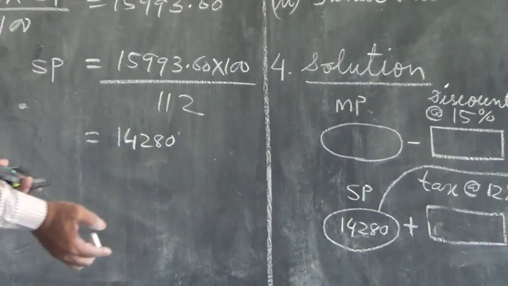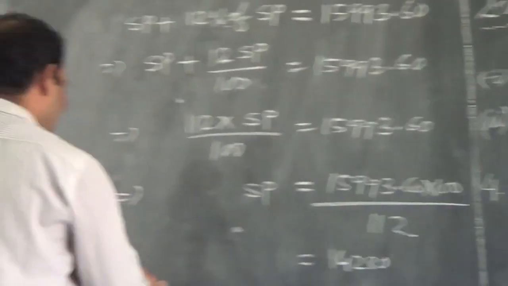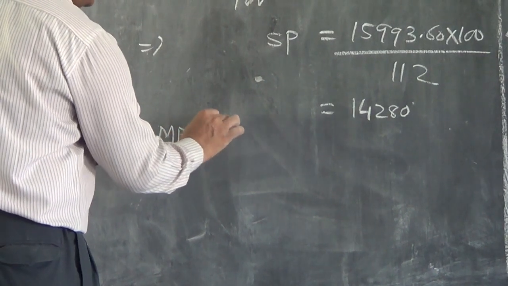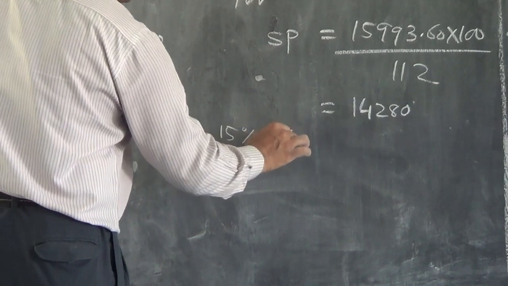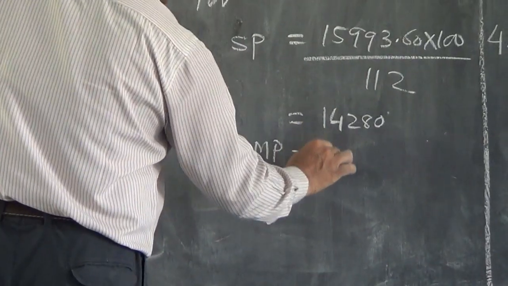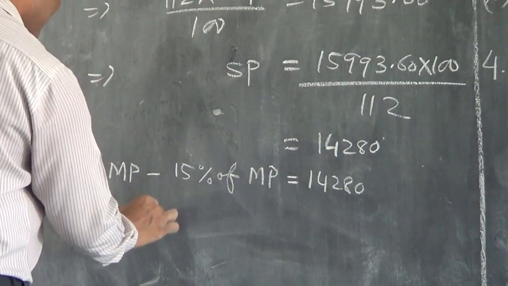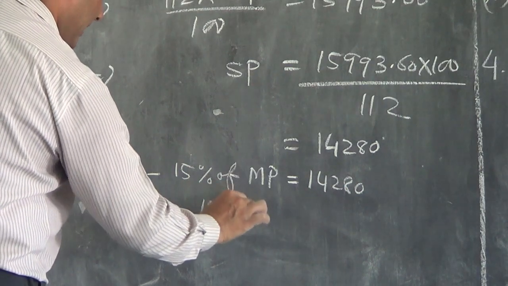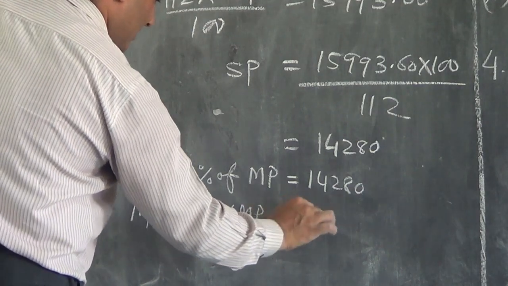I am not going to use any variable X and Y. I can write here MP minus 15% of MP equals how much, children? 14280. That implies MP minus 15 into MP by 100 equals